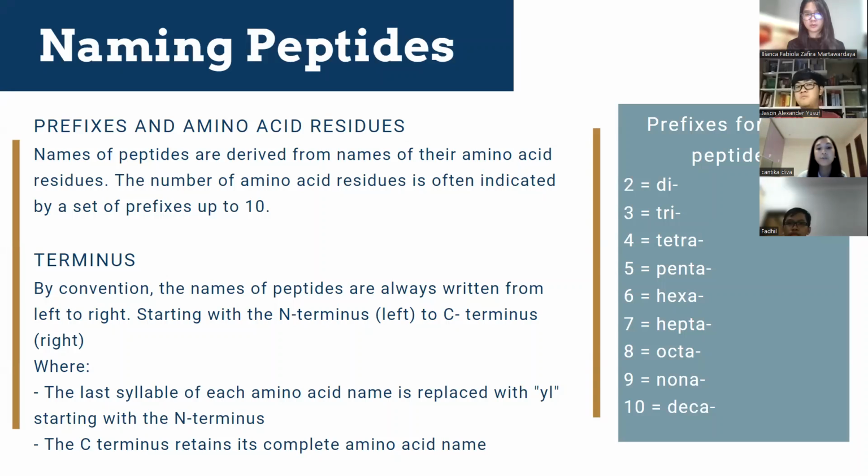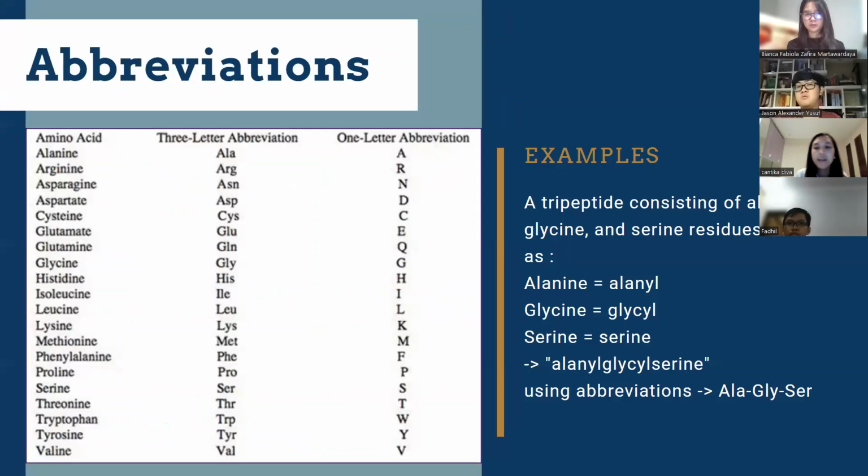Meanwhile, the C terminus retains its complete amino acid name. To make it easier, here's an example and also the abbreviations that have been previously previewed as well. You can use either a 3-letter abbreviation or a 1-letter abbreviation. An example is a tripeptide consisting of alanine, glycine, and serine residues, which is named as, remember that a tripeptide,